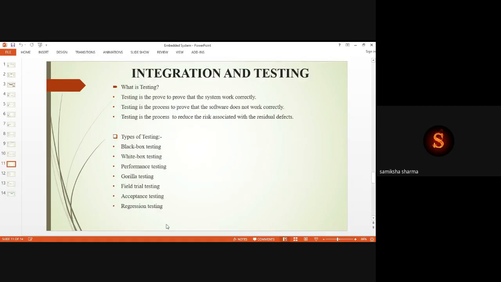Now, integration and testing. Up till now we have seen all the stages till implementation. Now we will learn the integration. As I told you earlier, what is integration? In the second stage we have partitioned the designs. In integration we will combine those units into a singular system, and after integrating those, we will perform